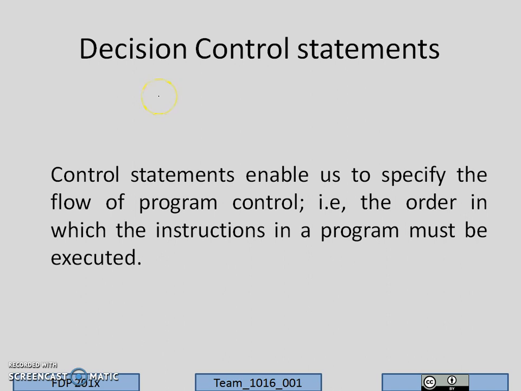Do you know how many decision control statements there are? Write your answer in your notebook. Pause for some time. Yes, there are 4 types of decision control statements. First we will see